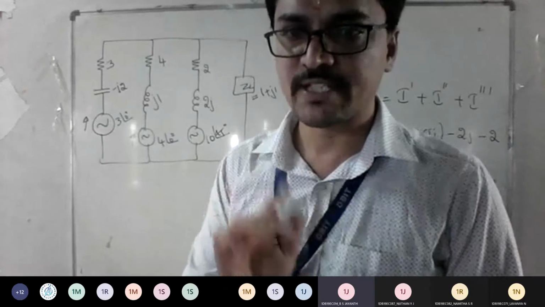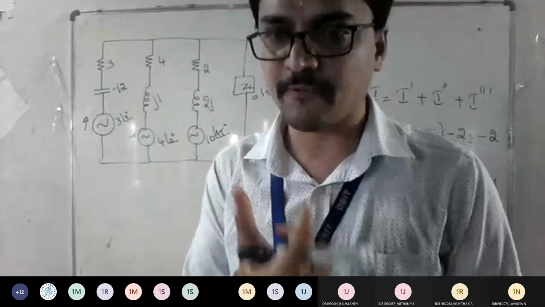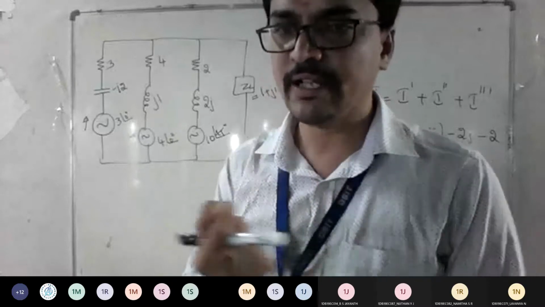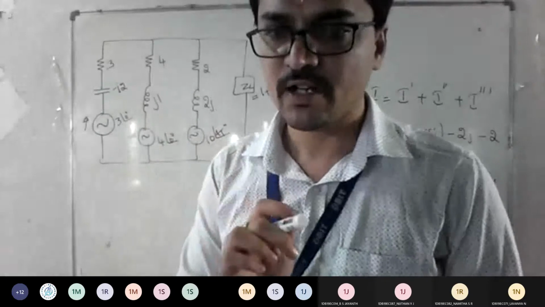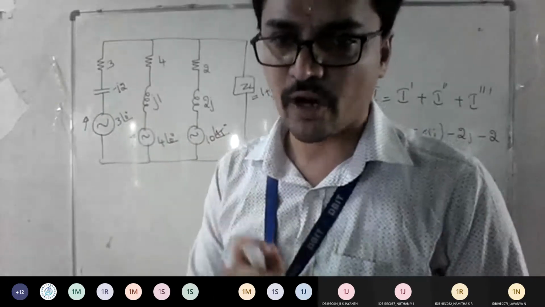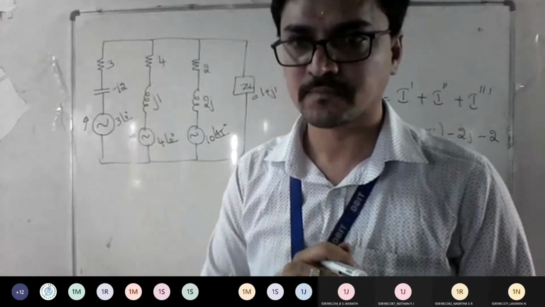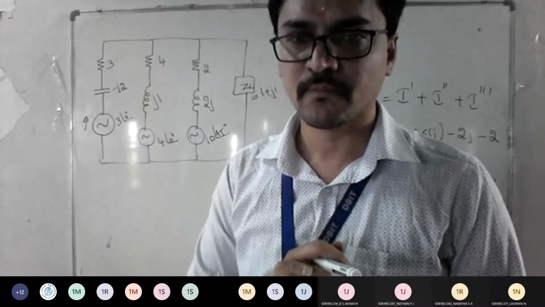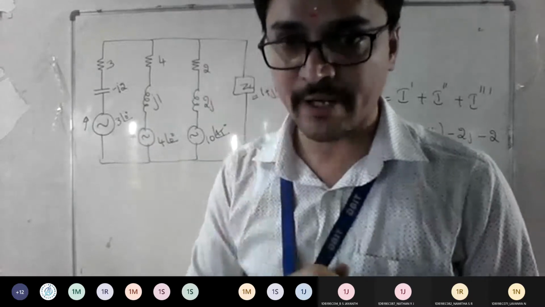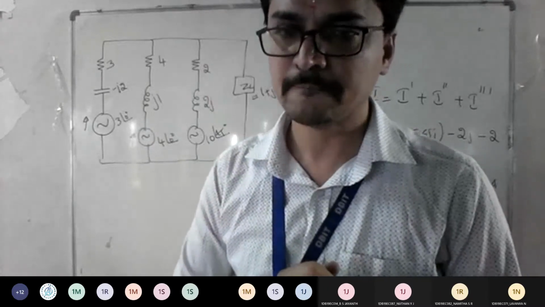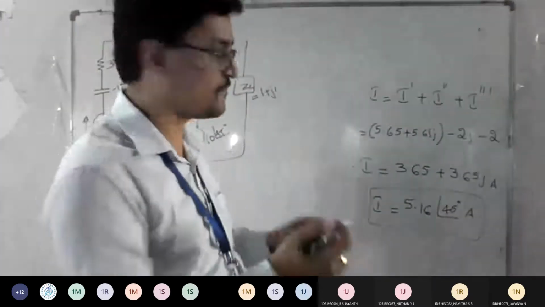Yes, sir. So instead of all these many steps, Millman has given one complete formula. With that formula only, I can get the same answer that you got using your source transformation technique. So you got the advantage of Millman now, everyone. Have you got the advantage of the Millman theorem, why it is required? Am I clear? Yes, sir.